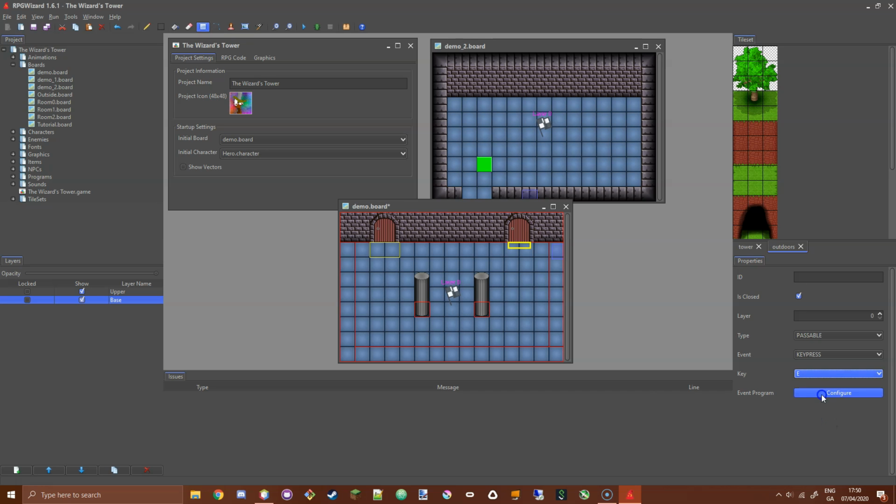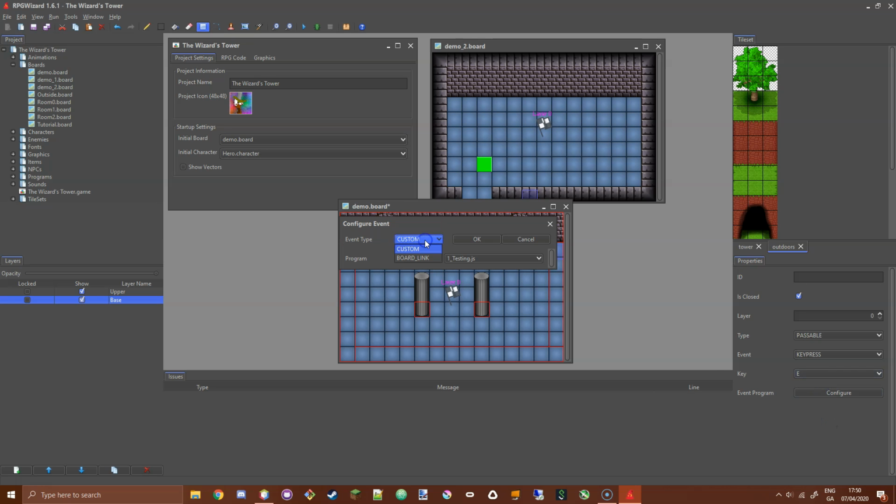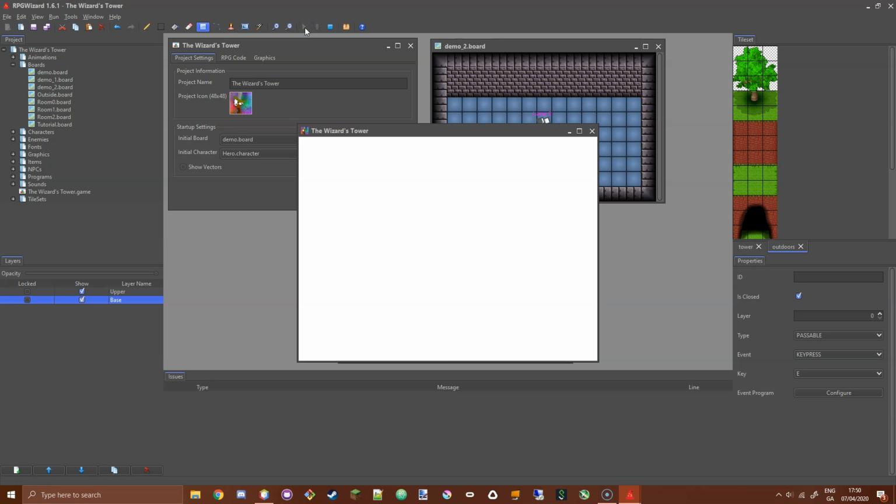And then I'm going to go back down. I'm going to reconfigure the event and say that I want it to send to that board again, set the coordinates 3, 7, and 0, and then I click OK, and it's going to tell me previously generated events will be replaced, and I'm going to click save. And now I'm going to walk up to that door again,